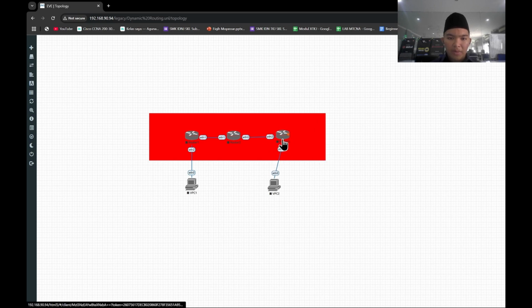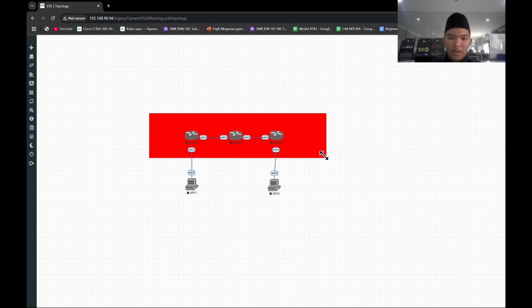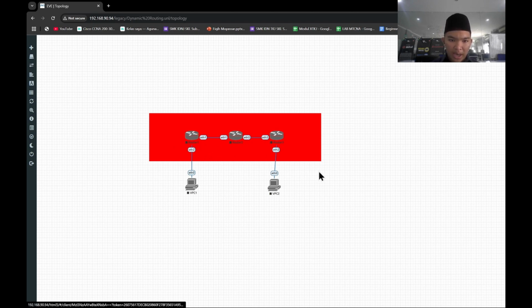If the routers are in the same area, we only need to set up OSPF, and the routers will give the information of the IP networks that they have. If router 1, router 2, and router 3 are in the same area like this, for example this square is the area, and after that we set up OSPF, then the routers will give the information of the IP addresses that they have.